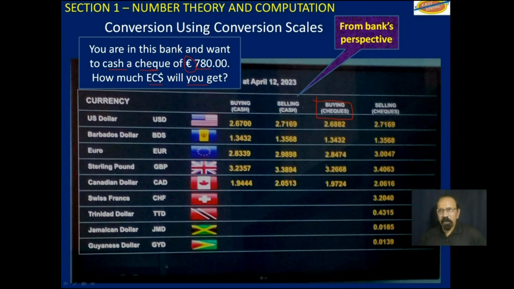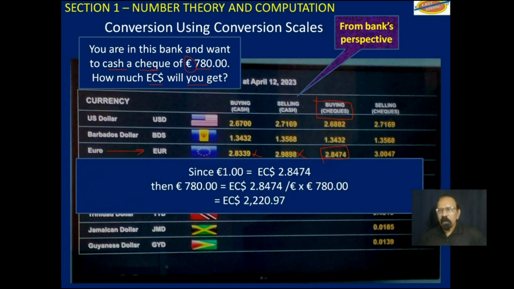And it is check. So it's not cash, it's check. So we come to euros, that is here. We come across here, we skip that, and we will be using this exchange rate, 2.8474 per EC. Since 1 euro is worth 2.8474 EC, when you are dealing with checks, you will multiply the exchange rate by the euros and you will get